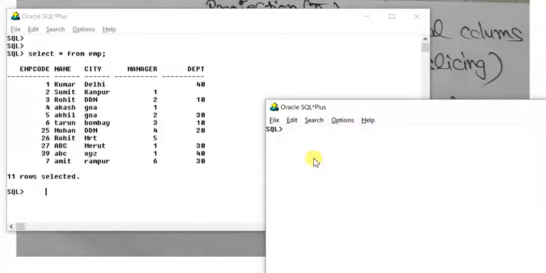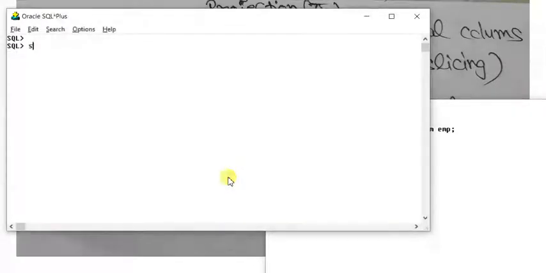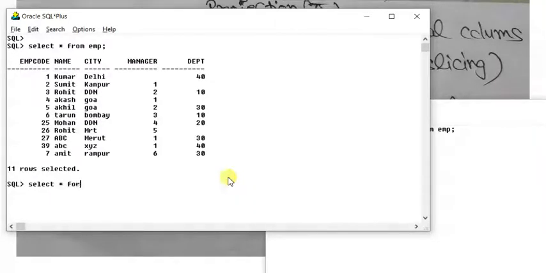Let us create a copy of this table. Create table emp2 as select star from emp. Table created. Now you can see there are two tables: select star from emp and select star from emp2.